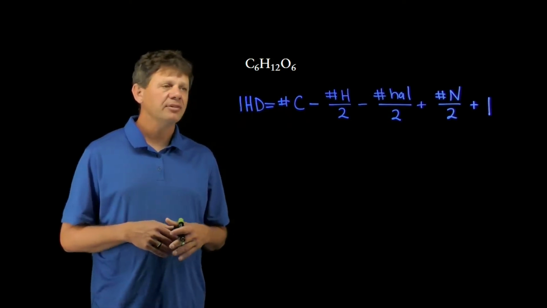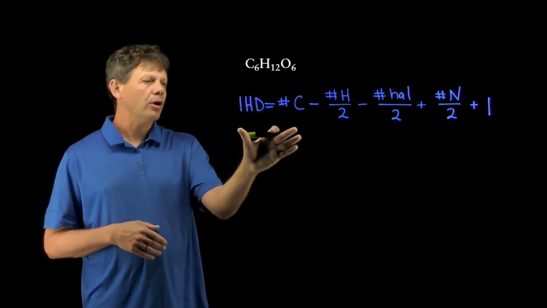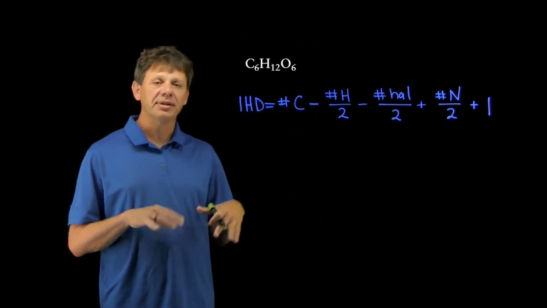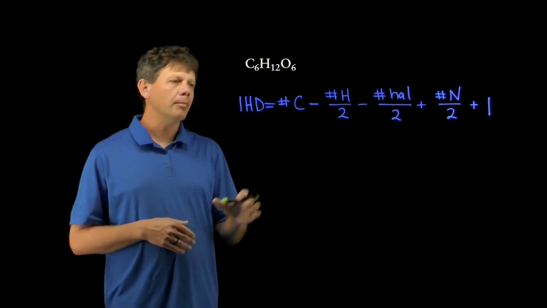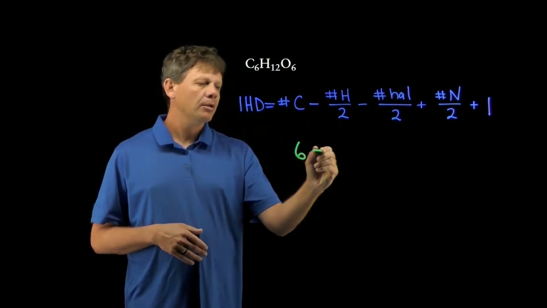This assessment asks us to calculate the index of hydrogen deficiency for the molecule shown. I've gone ahead and written out the equation for calculating the index of hydrogen deficiency, so it's as simple as plugging in the numbers. We're going to take the number of carbons, which in this case is 6, subtract from